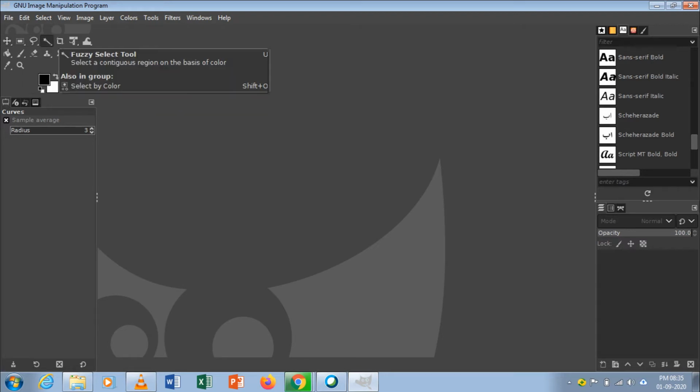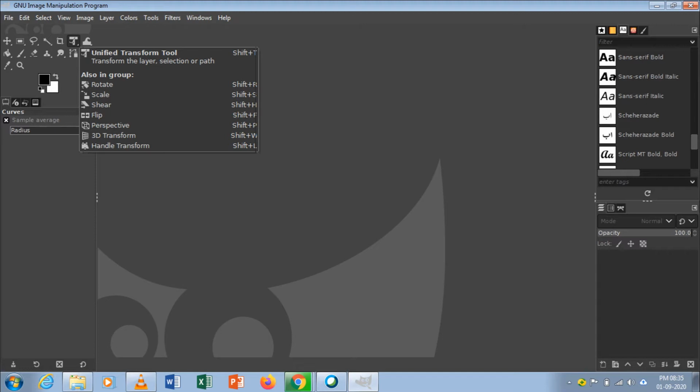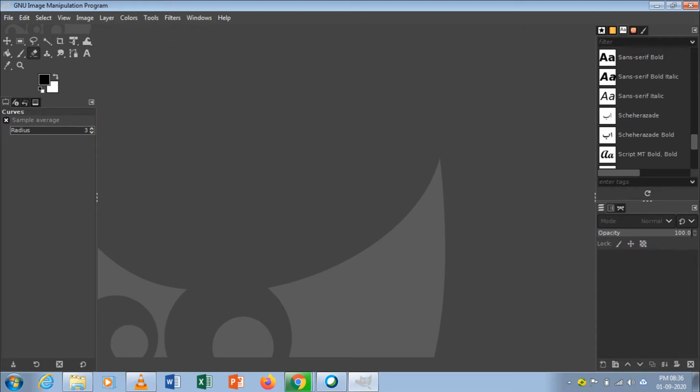If you select any particular tool and click, immediately below the toolbox you will get the tool options. Okay, in other applications, you know the menu and the submenu, no? If you click the main menu, it will show the submenus. Likewise, if you click any particular tool, it will show the tool options present in that particular tool.